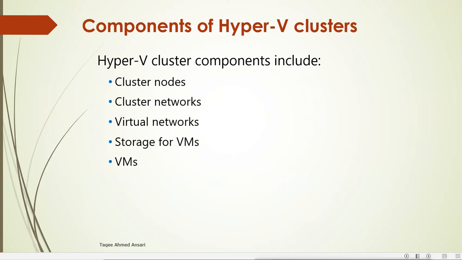Now when we configure a virtual machine on the cluster, when one node fails, then the virtual machine should move from one node to the other node. For that we should configure the cluster network and virtual network also, so that the virtual machine can move from one server to other server, and also it should be accessed from the client. So we should configure the virtual network so that it is available for the client from one node of the cluster to the other node of the cluster. So basically we use the external network, the external switch in virtual network.